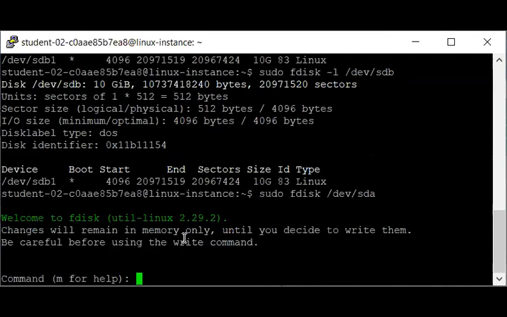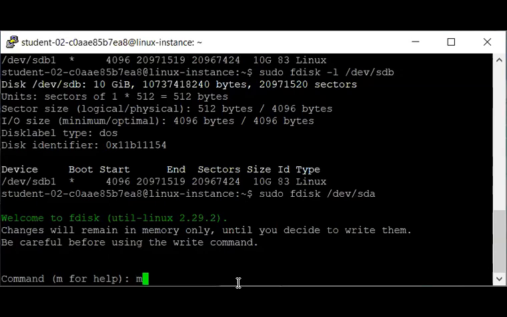So changes will remain in memory only until you decide to write them. Be careful before using the write command. Type m for help. If this starts in interactive mode, you can use m to list the commands provided. Okay, we will ask for help.